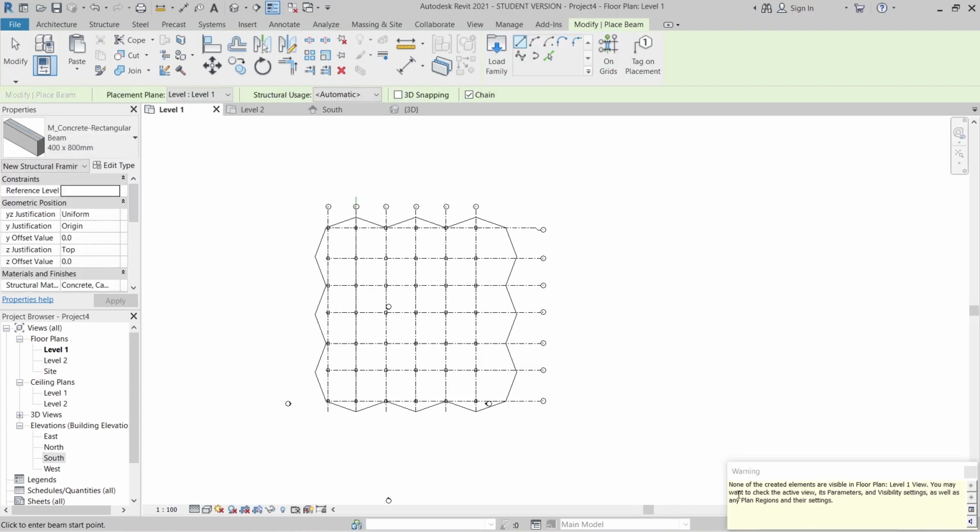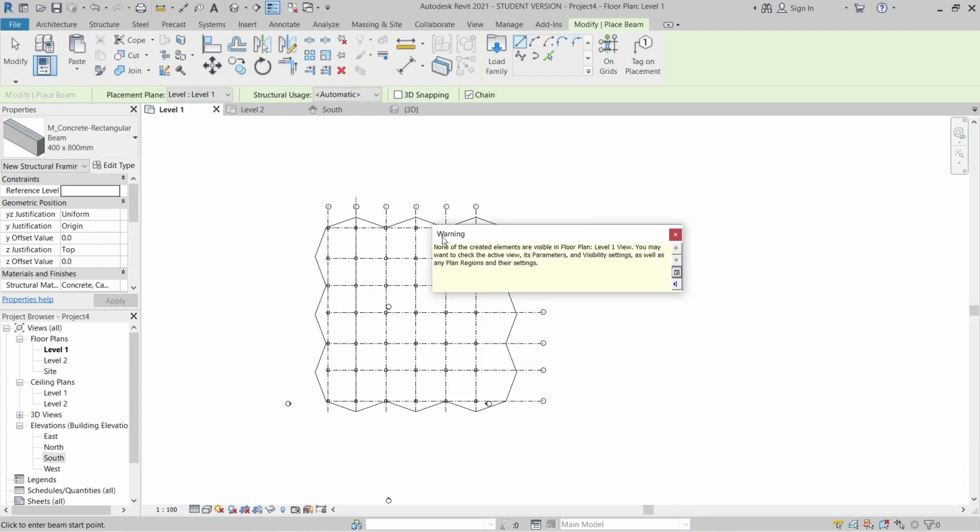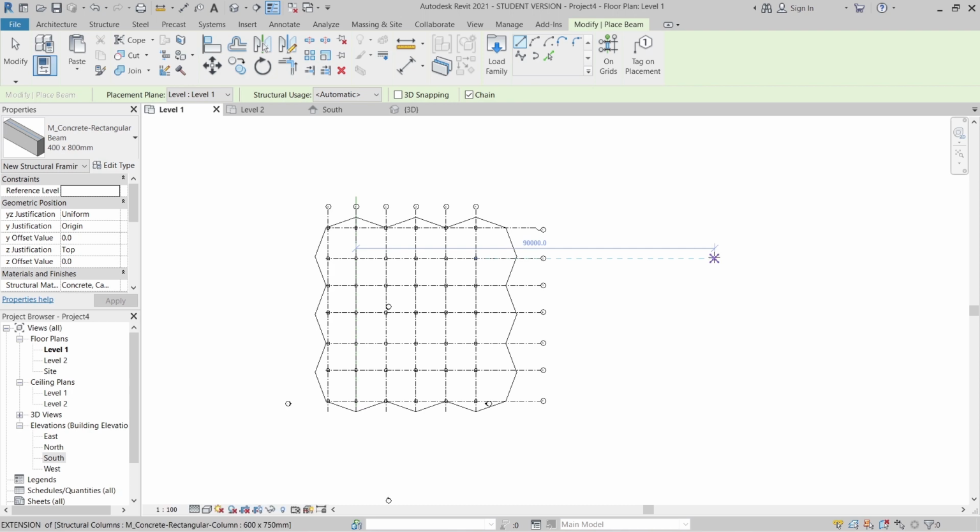Okay, for some reason our beam could not see because when we place on our level 1 will be our beam will be start from our ground. So this is the reason we could not saw that. But basically, if you want to apply your column, you must be go to your level 2 to apply that. But as I told you before, this tutorial not cover for structure. I just give you a quick concept.